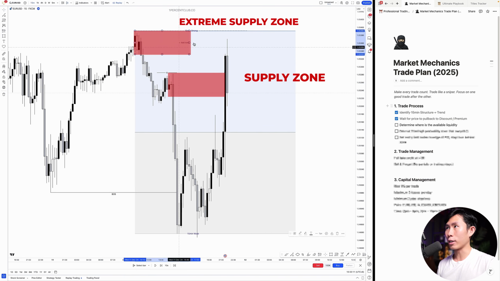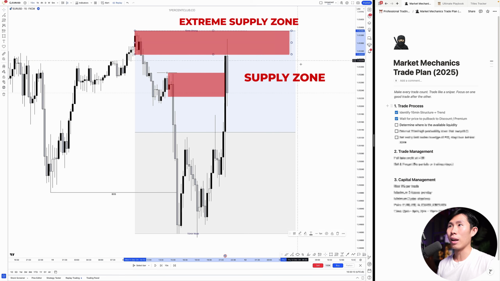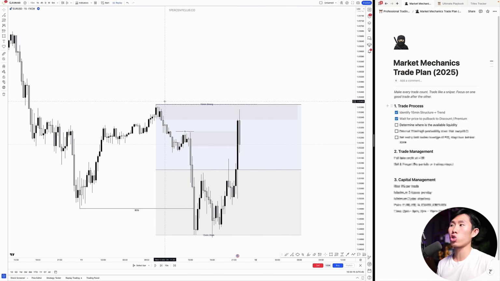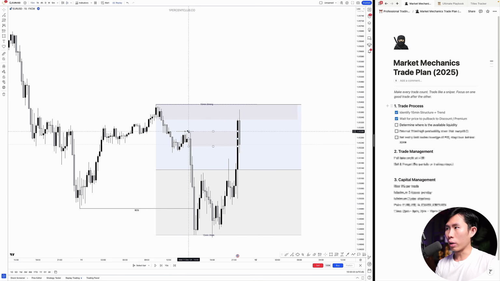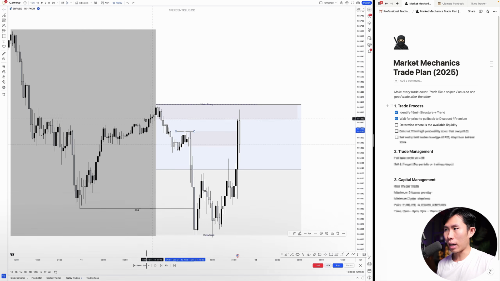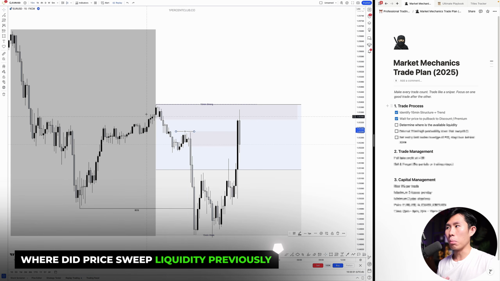Okay, so this extreme supply zone right here is really the last line of defense because it's also our 15-minute strong high, right? So this zone has to hold in order for price to remain bearish. Okay, so now we know that there is available liquidity above this high. An additional step would be to look on the left hand side to see where the price swept liquidity previously,